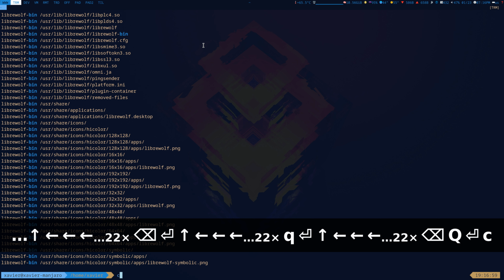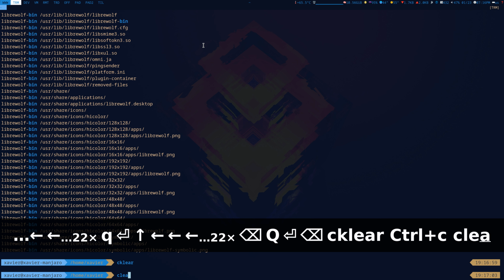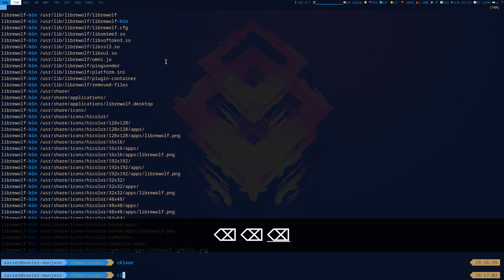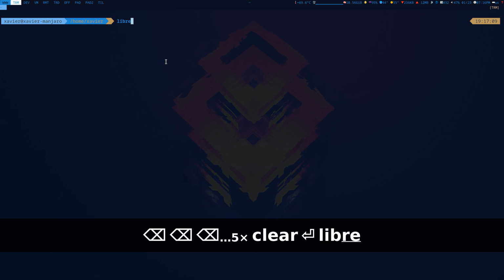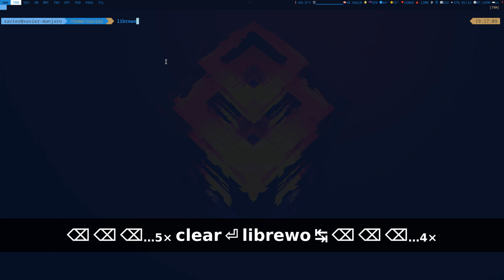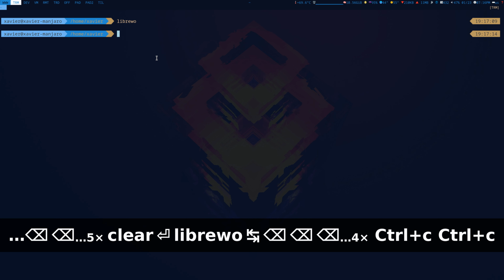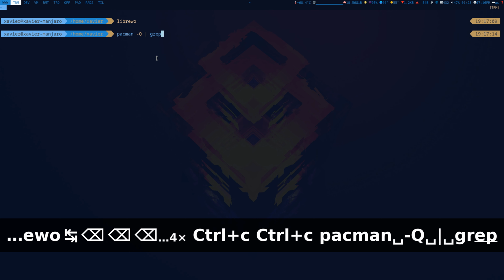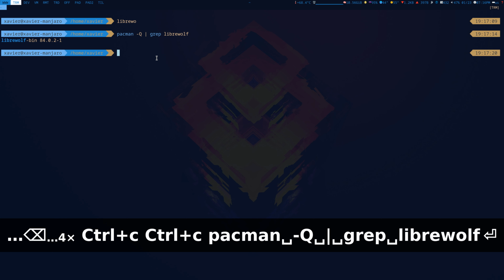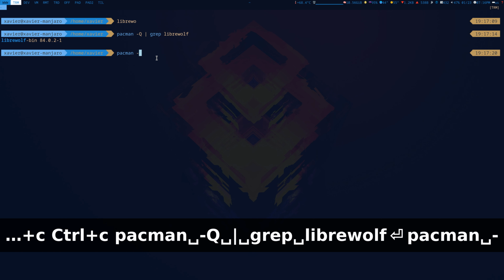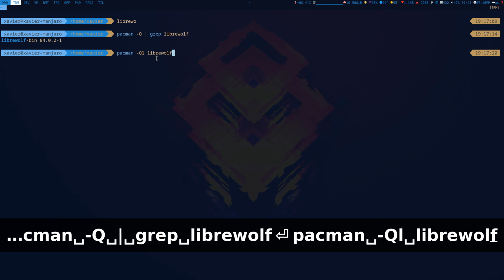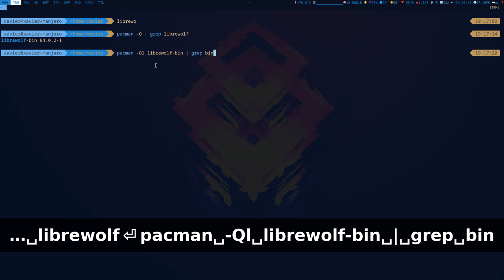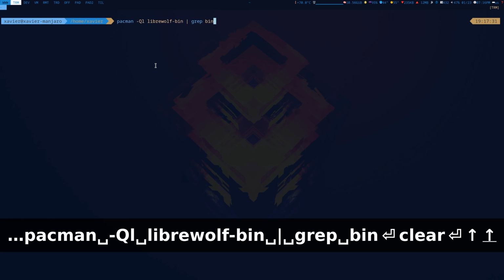Now I'm going to see the application that I have. So this is LibreWolf bin. Now I'm going to do clear. So I'm going to say pacman -ql LibreWolf bin, grep bin. Now I have the file here,